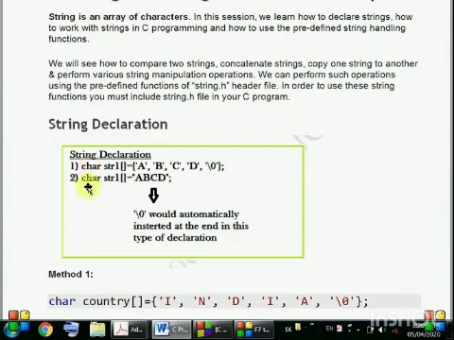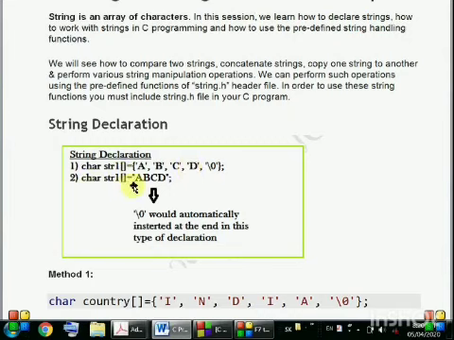So the data type we use here is char, then the name of the character array, that is the name of the string, then the brackets, equals, and in braces we have to write individual characters enclosed in single quotes separated by commas, and we also have to provide a null value denoted by \0. So this is the first way in which we initialize the string by individual alphabets or characters.